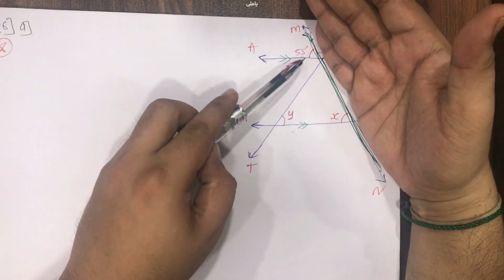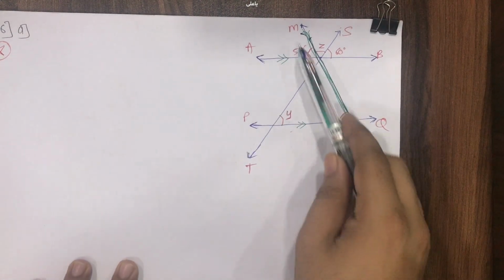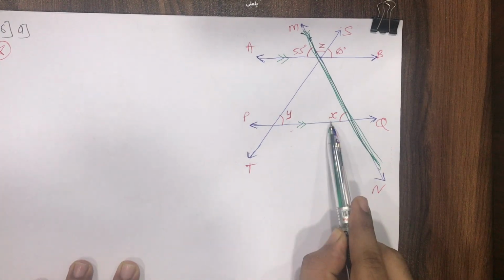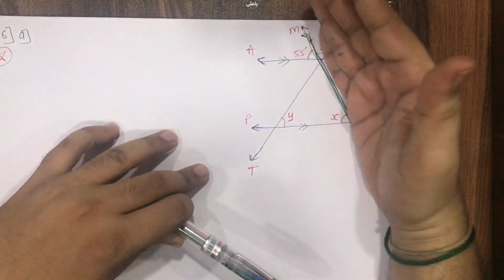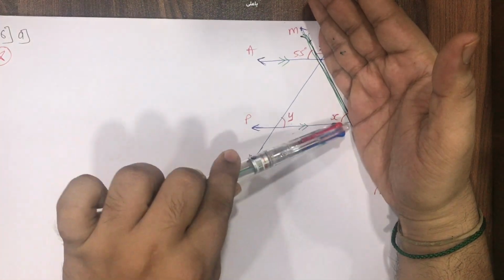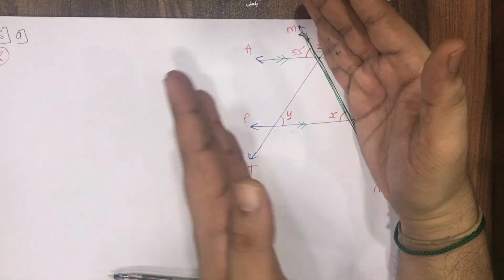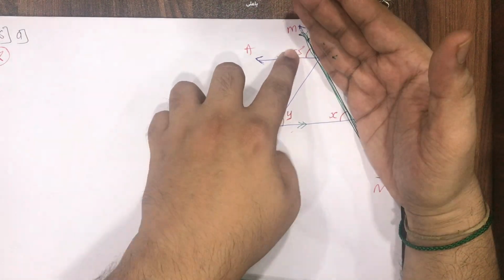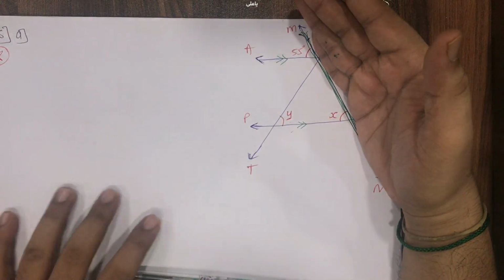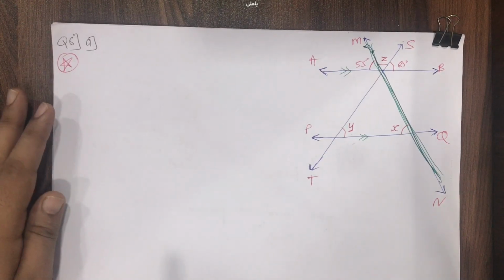Can I say this 55 is on the left side of the transversal? This 55, with this green color transversal, is on the left side of the transversal. This X is also on the left side of the transversal. And since these 2 lines are parallel, 55 is above the parallel line, X is also above the parallel line. So when we have 2 angles on one side of the transversal, either left or right, here we have on the left 55 and X, and both are above the parallel lines. So this 55 is equal to X. Reason will be corresponding angles.